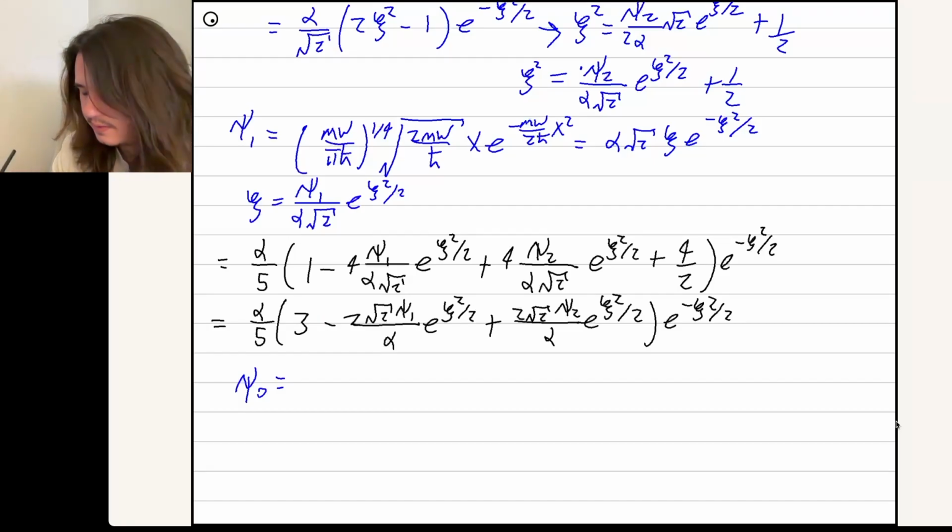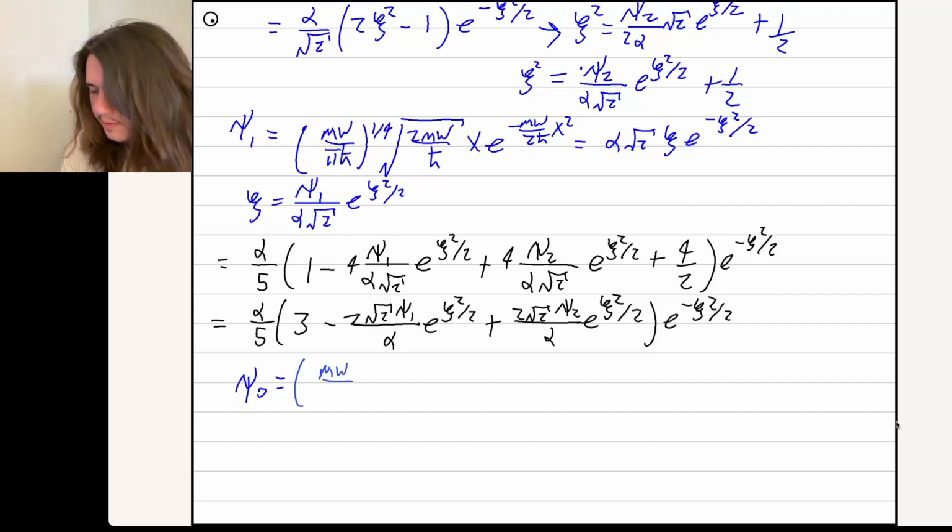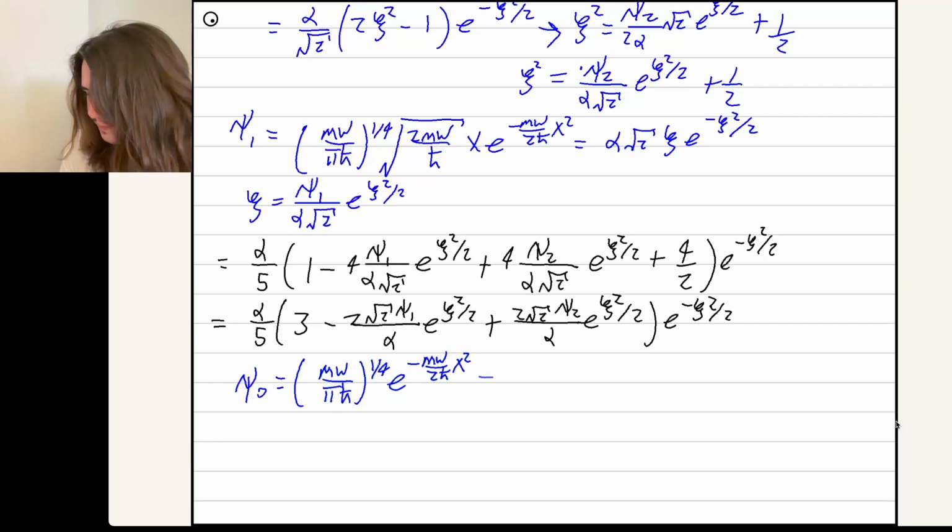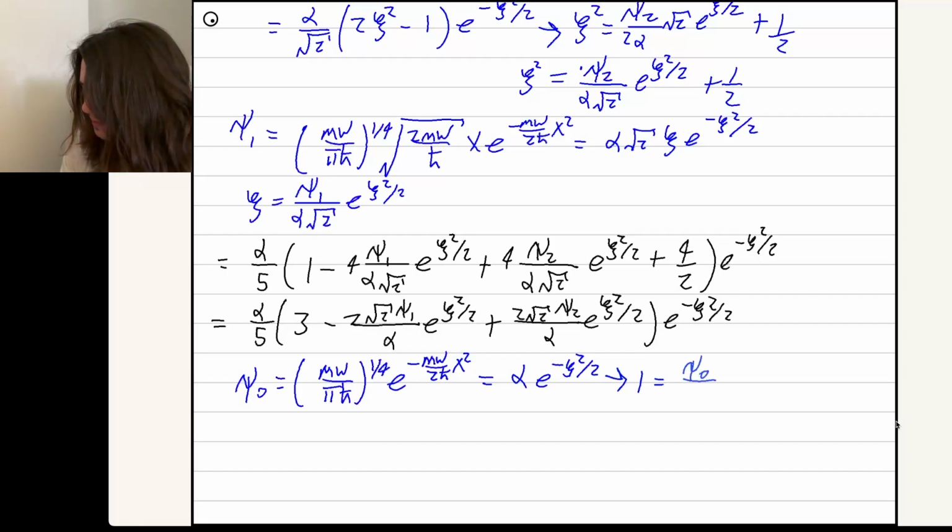So psi 0, according to Griffiths, is (m omega over pi h bar) to the 1/4 e to the minus m omega over 2h bar x squared, or in our notation, alpha e to the minus c squared over 2. And so it looks like 1 is equal to psi 0 over alpha times e to the positive c squared over 2. So we're going to use that